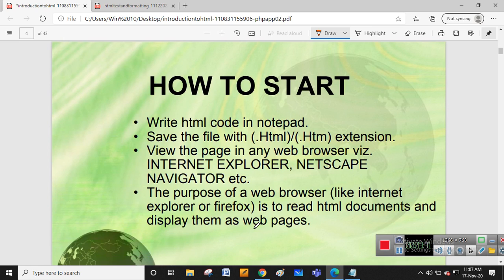How to start? So we are having our code with that. You have to write in any editor. I have taken the notepad editor. Once you write your code, you have to save the file with the .html or .htm extension and view that page in any browser like Internet Explorer, Google Chrome, Netscape Navigator, Opera, etc. The purpose of a web browser like Internet Explorer, Firefox is to read HTML documents and display them as a web